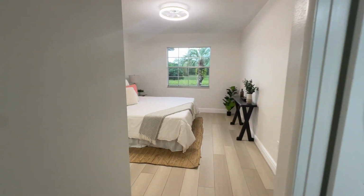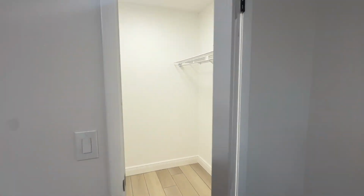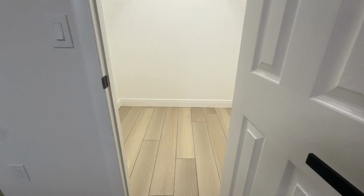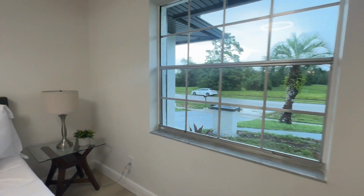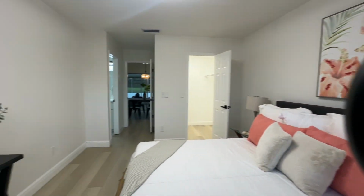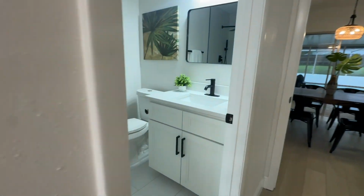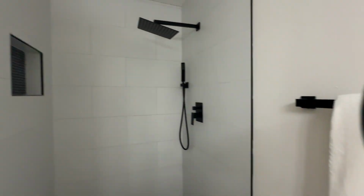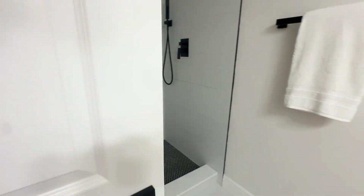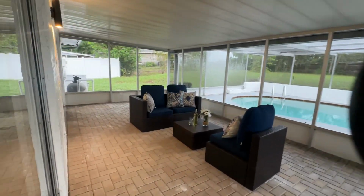Right here is the master bedroom. It has a walk-in closet, and then the bathroom's a little bit smaller, but this house is only 1,400 square feet, and it's actually pretty spacious for that size. I think this space is utilized well, but here's that bathroom. It's just one sink and then a walk-in shower. So no tub, no his and her sinks. There's no HOA here as well,